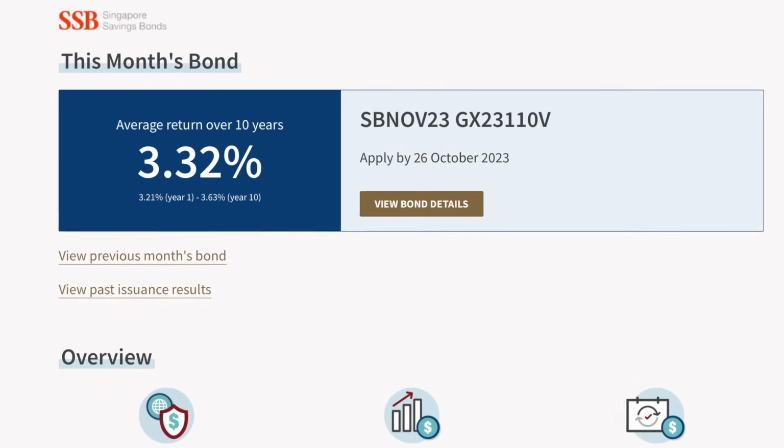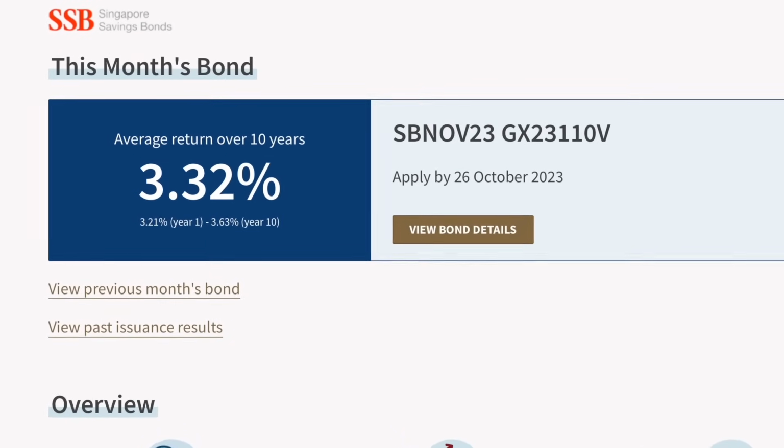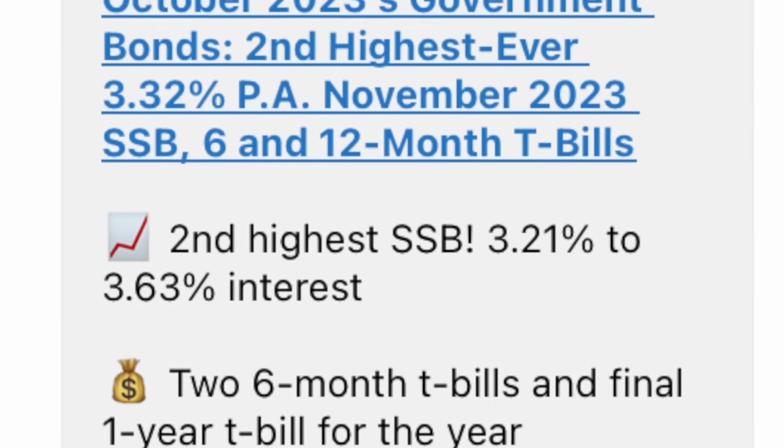Lastly, you can also consider SSB, and this month you can apply for the November 2023 Singapore Savings Bond, which offers an average return of 3.32% per annum if you can hold the bond for 10 years. Even the short-term rates are 3.21% per annum, and I think that's not too bad, given that they are one of the few, if not the only instrument that can guarantee you a rate for more than 1 or 2 years. Based on what I know, I think this SSB has the second highest rates of any SSB ever announced,